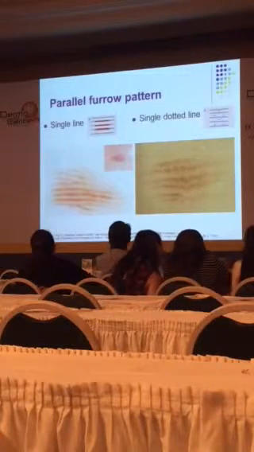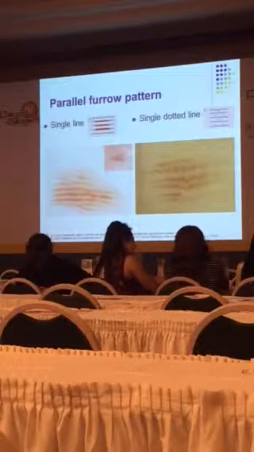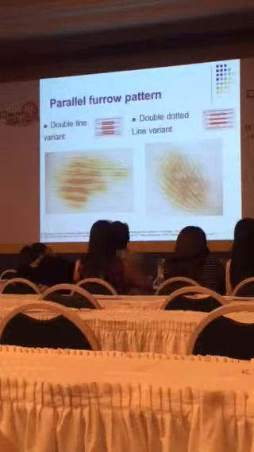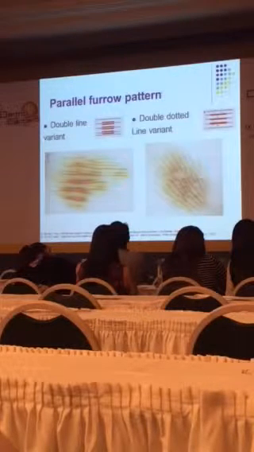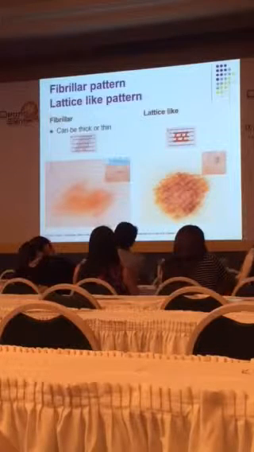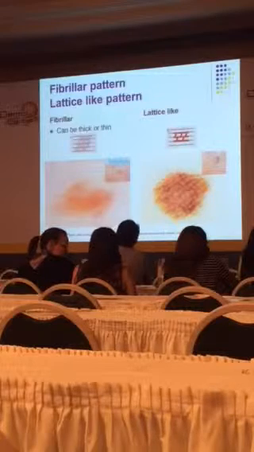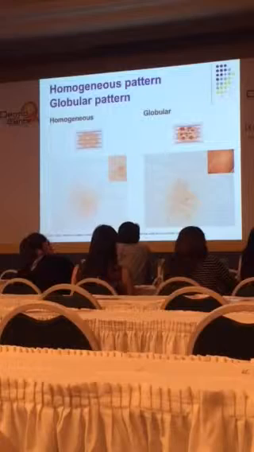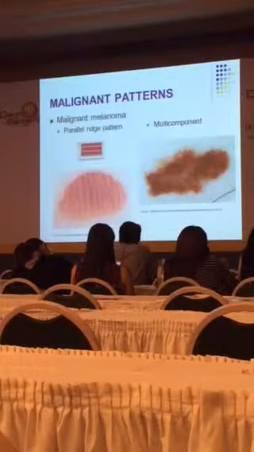So we went through some of these benign patterns before. So remember, this is a furrow which is thinner and it's benign, or no biopsy. Again, another example of a benign fibrillar or benign furrow-like pattern on acral sites. And another example where you can have a network-like pattern also on feet, but this will usually be at the edge where the bottom meets the top, but still a benign pattern. And some other examples of benign patterns on acral sites.